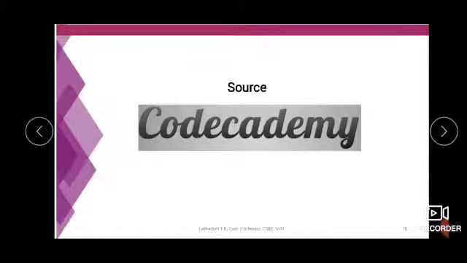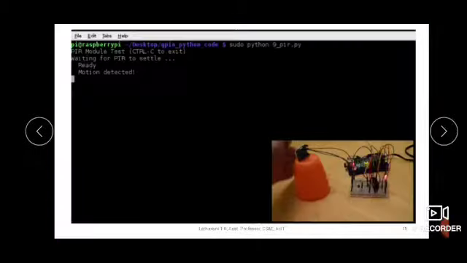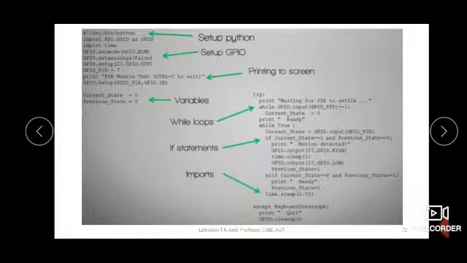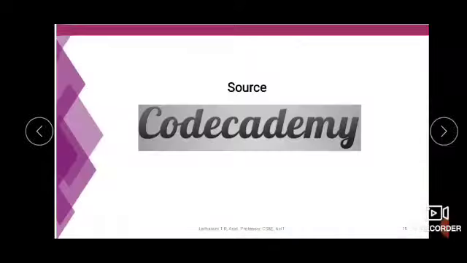Whatever I have discussed so far, all these execution screenshots, connection screenshots and program screenshots, I would like to acknowledge Codecademy. I have taken these screenshots from their video. They are very good videos, a set of videos where all these programs are discussed. I will share the link with you in the Google Classroom. Please go through it, and if possible, please try to implement.